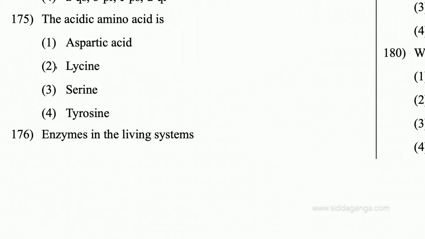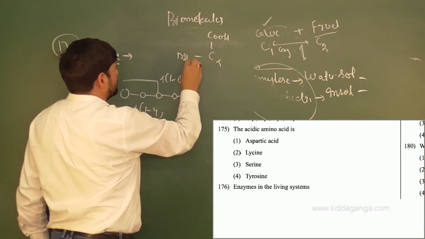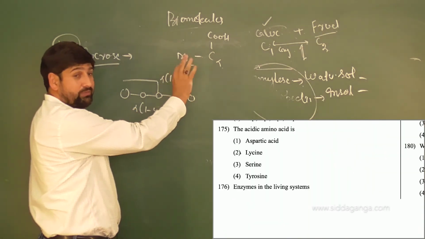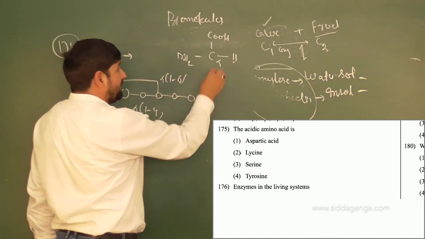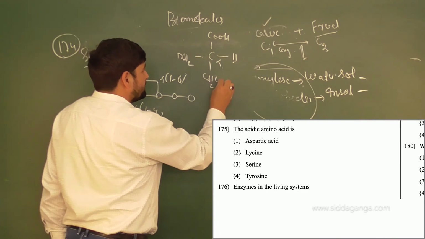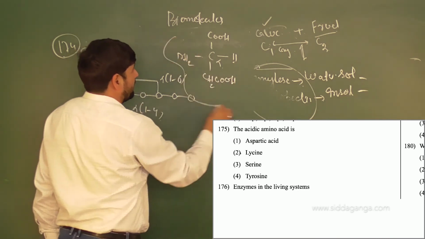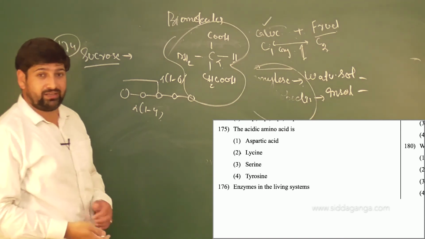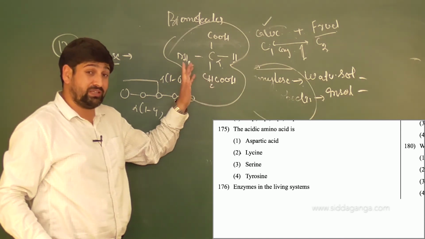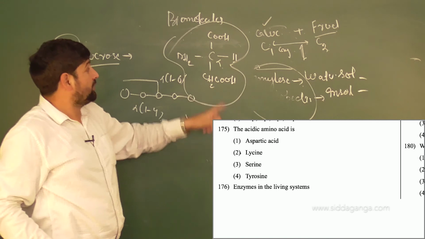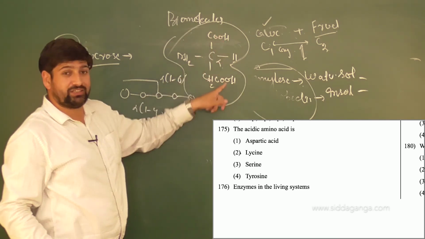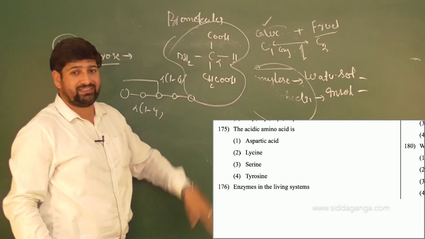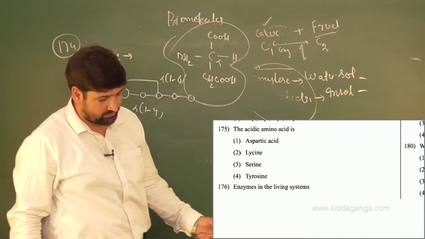So what's the structure? C alpha. Then you got COOH. Then you got NH2. I'm not talking about the zwitterion here. I'm talking about the normal amino acid. Then you got H. These are 3 fundamental parts of every amino acid. Then for aspartic acid the side chain is CH2COOH. We have done this question a while earlier. This is the main structure of aspartic acid. So you have 2 COOH groups and 1 NH2 group. Because acidic groups are more than the basic group, it's called an acidic amino acid. So the correct option will be option 1.